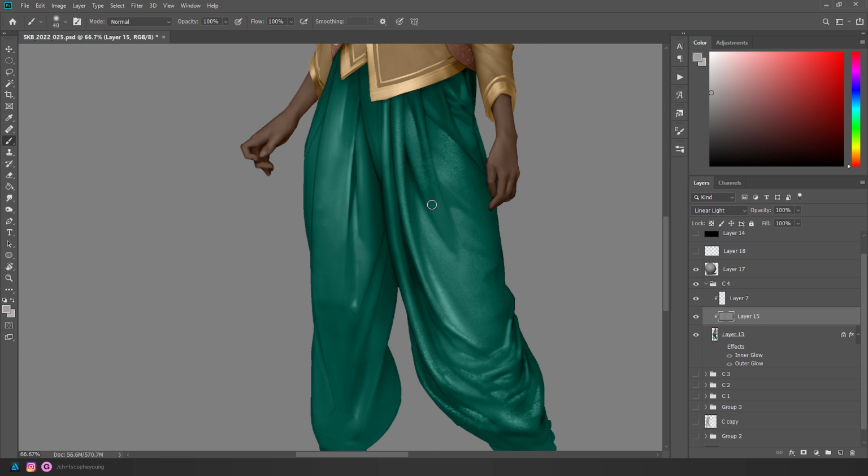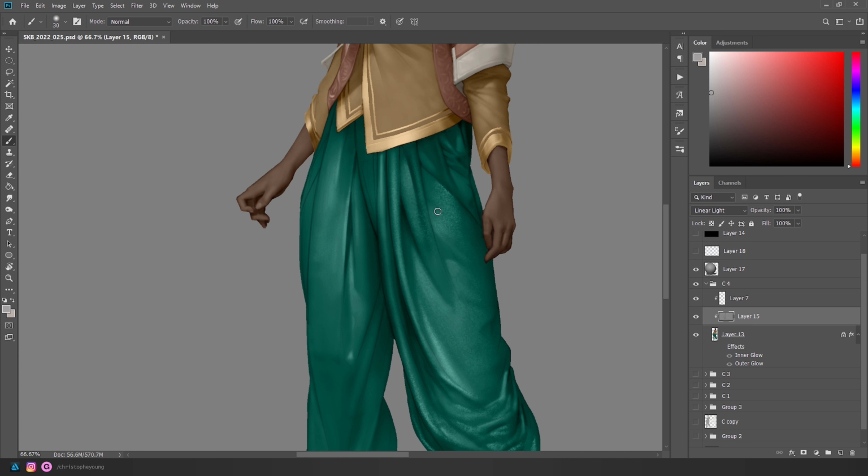But knowing exactly what the actual values are, like how bright the light gets on silk versus how bright a highlight gets on anything else, I see it gets really quite bright,